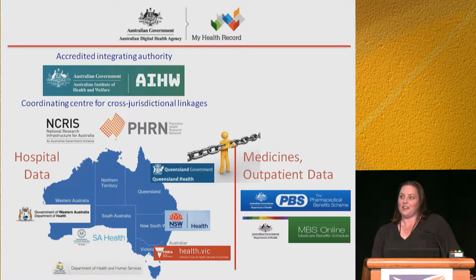And in the last year, we've had this kind of revelation in Australia by introducing My Health Record. So the My Health Record is a personally controlled electronic health record that does combine all these data sets, but the key to that is that it's personally controlled. It's an opt-out system, and you can decide which part of your data is visible and to whom.